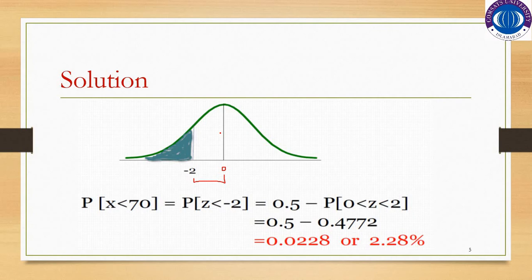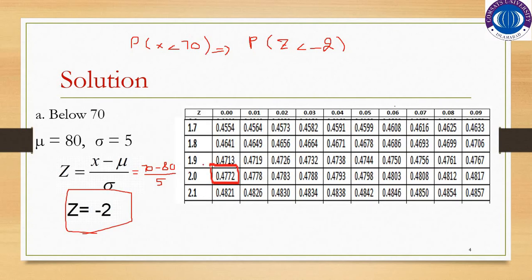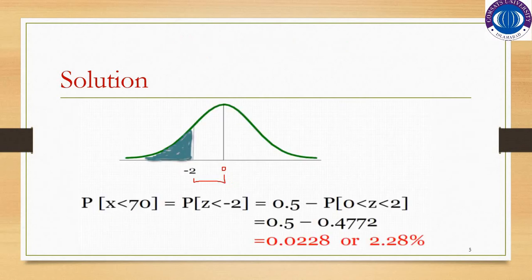So we will go to the table and find out the area between 0 and minus 2. As you know, the normal distribution is symmetrical and identical, so you can find the area corresponding to the random variable value 2 in the case of z equal to minus 2. So 2.0, you will search in the column with 0.00, which is 0.4772. So this area is